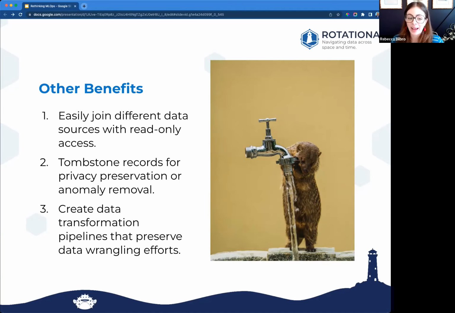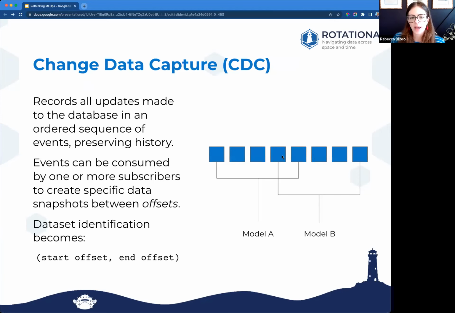So I have a good number of questions for you here. It looks like there are a few that are related. I think that there's a lot of interest in hearing a little bit more about change data capture, or CDC. Is it primarily a way to track data lineage? Or is it basically just a generalization of the term Kafka stream? Somebody's asking, how should I think about change data capture,